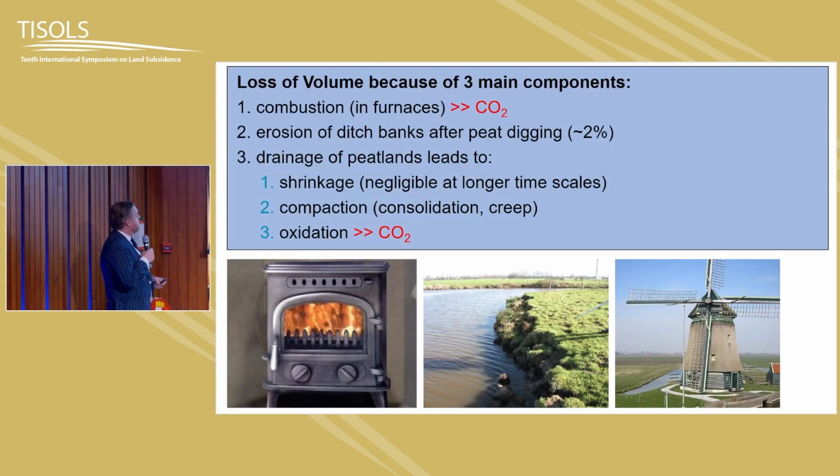Now we go to the drainage, and we have shrinkage, compaction, and oxidation. Shrinkage is relatively easy as well. That happens above the ground level in the unsaturated zone. But everything that has shrunk over time also oxidized later. On these timescales, if you think of 1,000 years, you can combine that into one single factor. Even if it caused land subsidence earlier than when it respired, in the end it's all the same process. So shrinkage we can ignore for now, but there still is the compaction. So we need to isolate the compaction from the oxidation here.